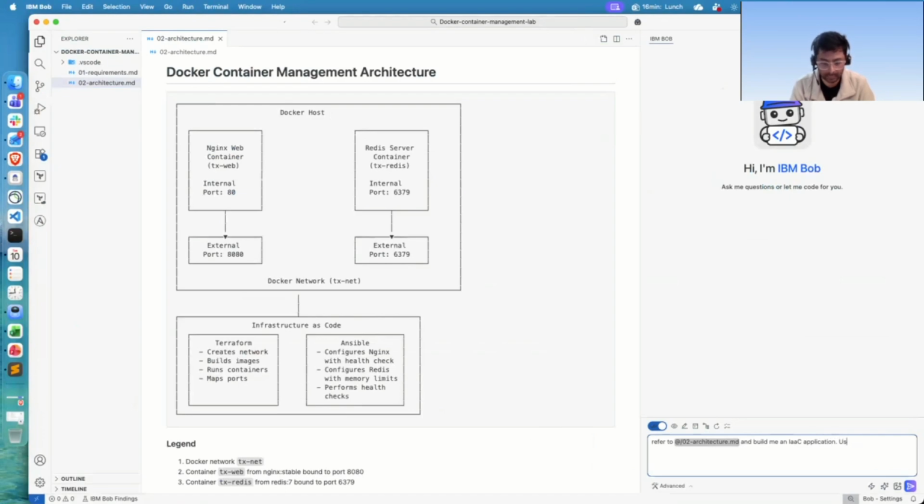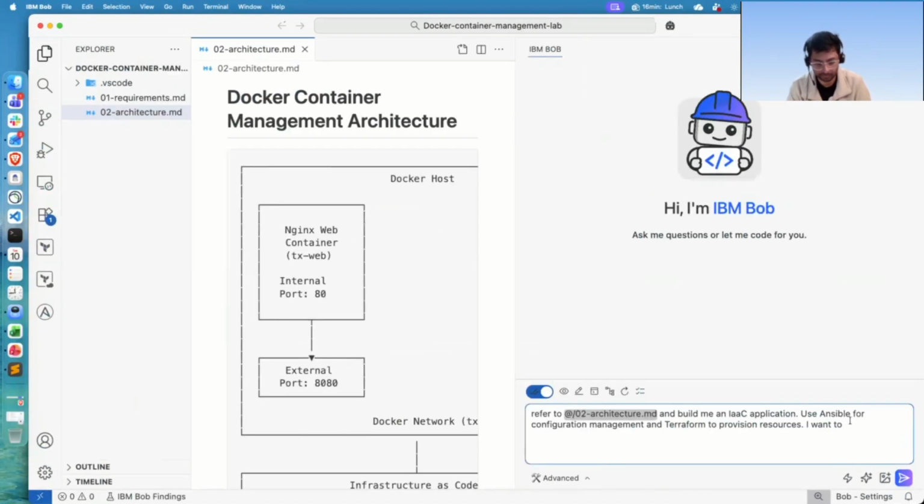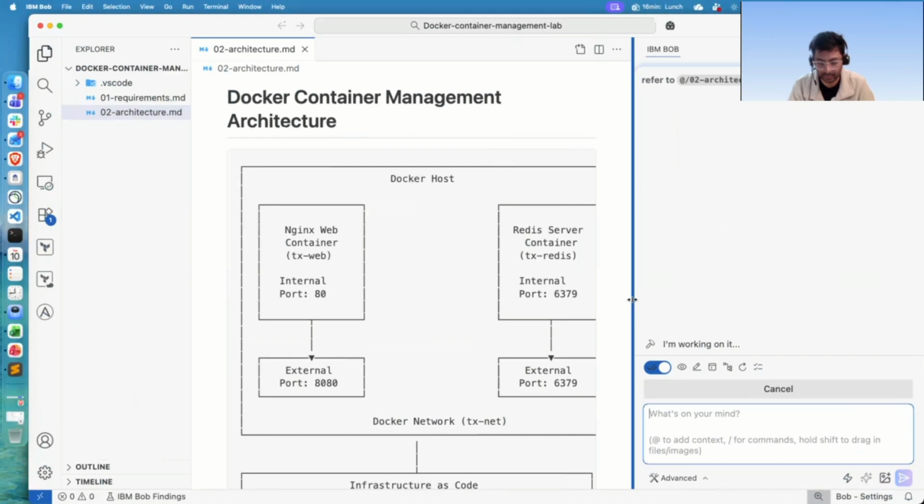application. Use Ansible for configuration management and Terraform to provision resources. I'll just increase this. To deploy this on my local system using Docker. So fairly straightforward. Let's see how Bob